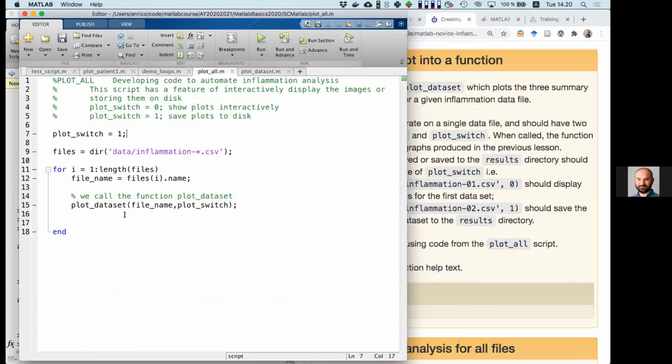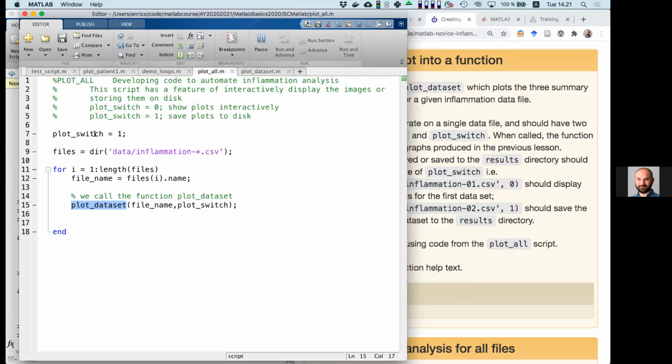It's just that I moved all the bit of code that was inside the for loop into a separate function that then one day I can run on different files, on a new path, a new data set, and I can reuse this maybe in my second paper, third paper, or however many papers I need to reuse this code. So now if I press run here,